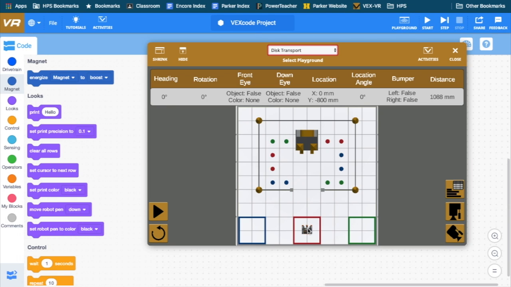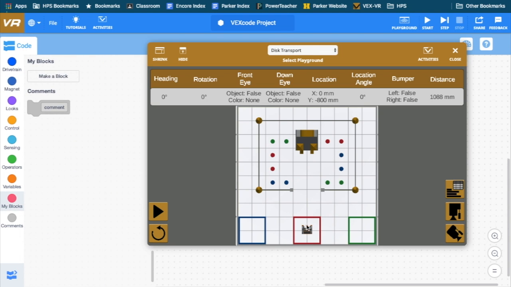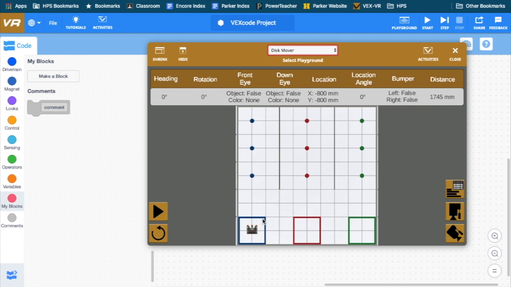And when I built this, what I ended up doing was building a bunch of my blocks for each stage of the activity, because some of the stuff is just the same thing. So I had one block that, starting from this position, approximately in the red area, had the robot move up a certain distance, and then I wrote different my blocks to clear left and up and right and up. So for the disk mover stuff, let me just